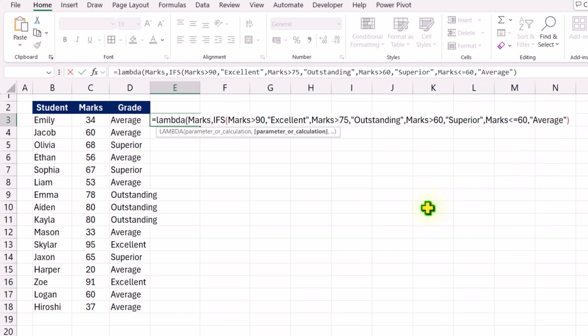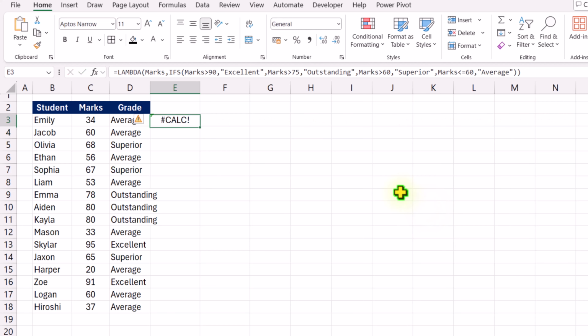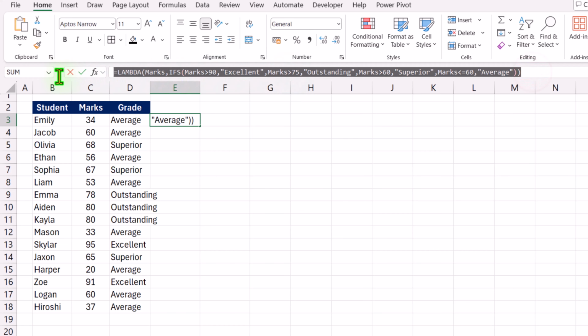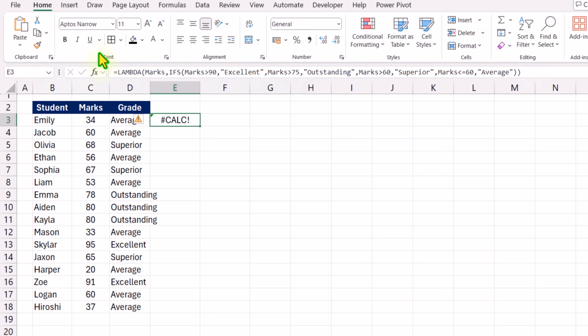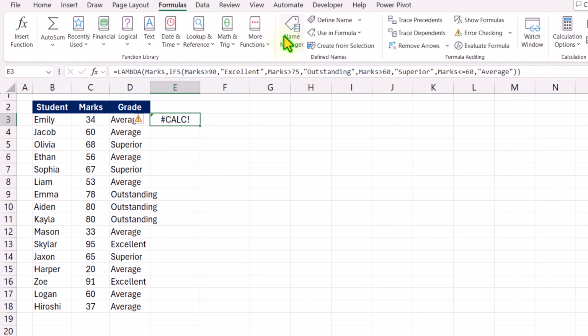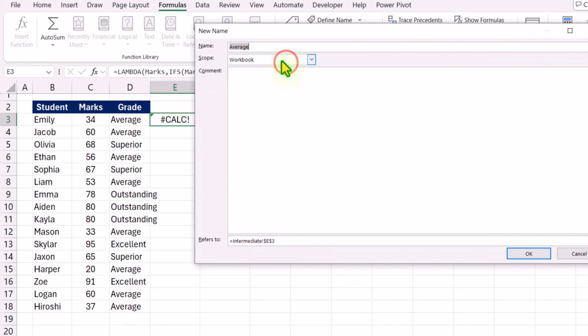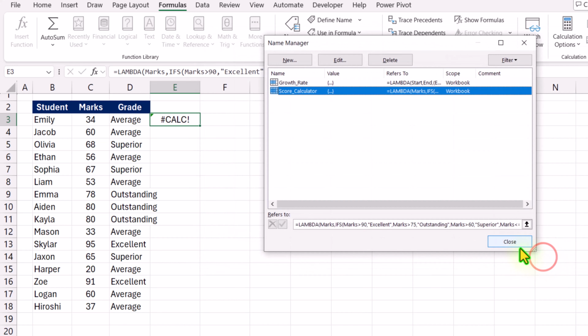And now I simply need to close parenthesis for lambda function, and if I hit enter, I will get the same error. But what I need to do, I will simply copy the entire formula, hit Ctrl C, and now click on formula bar, click on name manager, click on new. The first thing, I need to assign a good name for my formula. In this case, let's say I'm going to give score calculator. In the refer to area, I will simply remove everything and simply hit Ctrl V